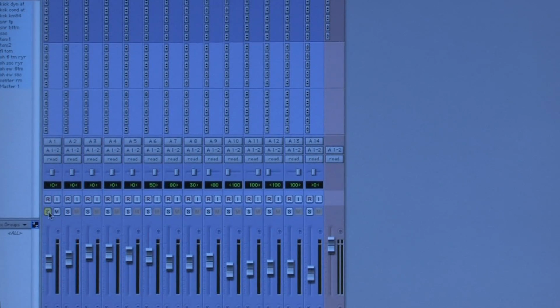You have a solo button so you can just listen to that one track when you're playing it back. You have a mute button which allows you to mute that track when you're playing back. And you have what they call an input button which puts this channel into input so you can hear it